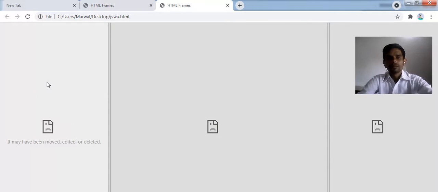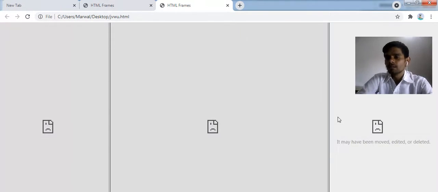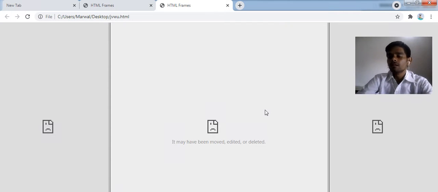Look, this is first, second, and third. Here we can divide the whole screen vertically. So you can divide the whole screen horizontally as well as vertically, depending on you.